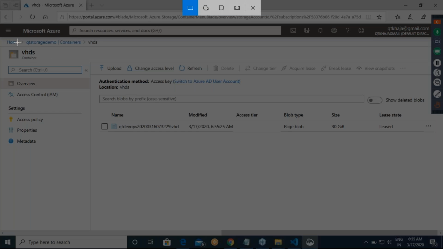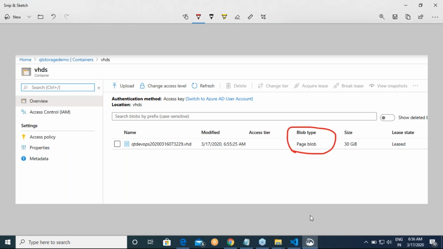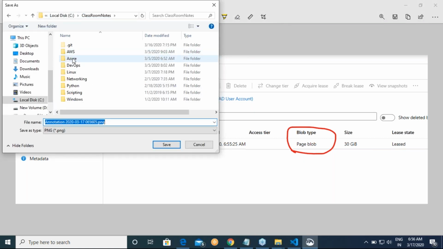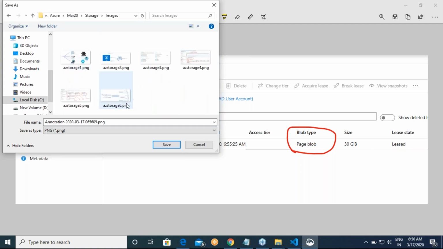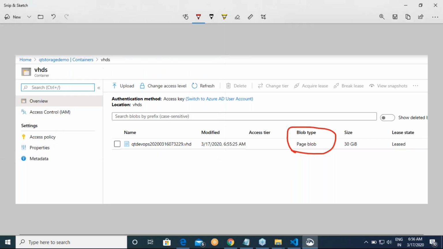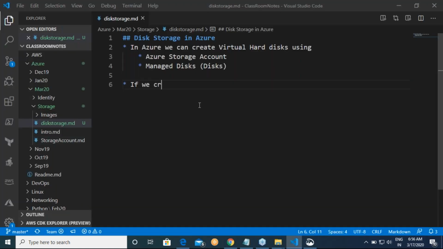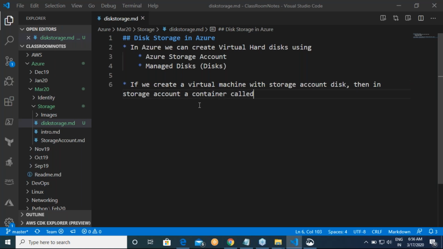So when we create a virtual machine with a storage account disk, then in the storage account a container called VHD is created, with a disk of type page blob.